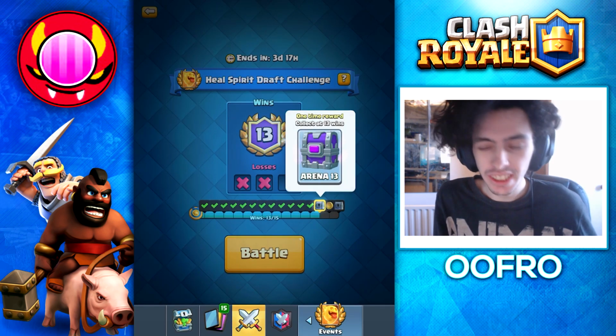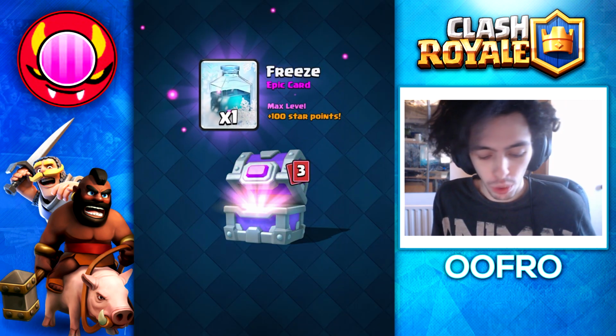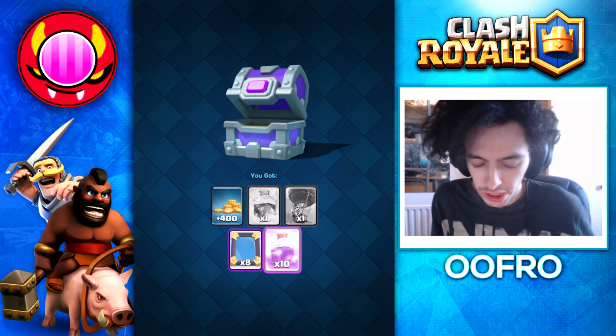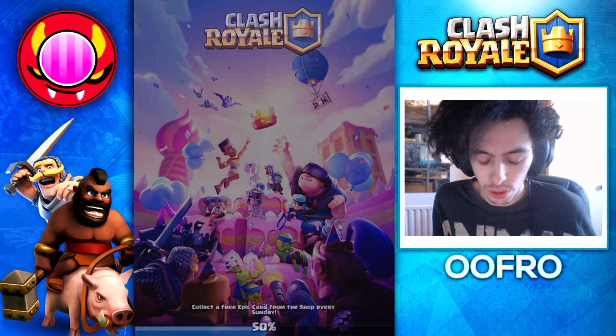Okay, so we are now 13-2 in this challenge. We get an epic chest, so let's open it up. We get 1 free spell, 1 balloon, 8 mirrors, and finally 10 rage spells. A pretty bad chest. We've been getting a lot of mirrors today, but let's go into these final 2